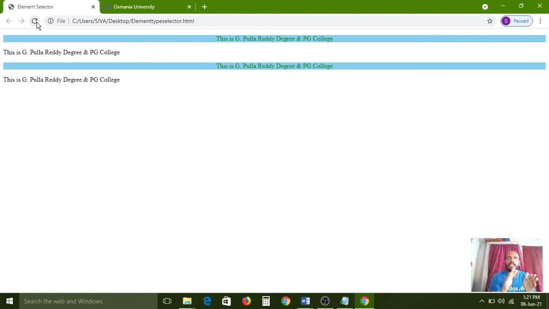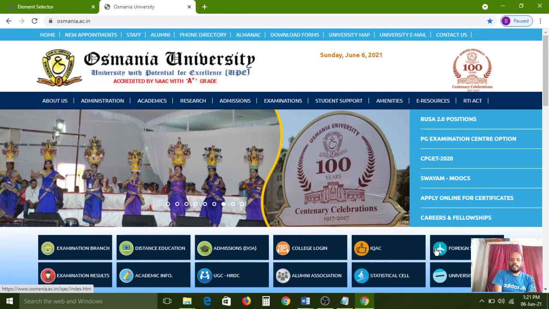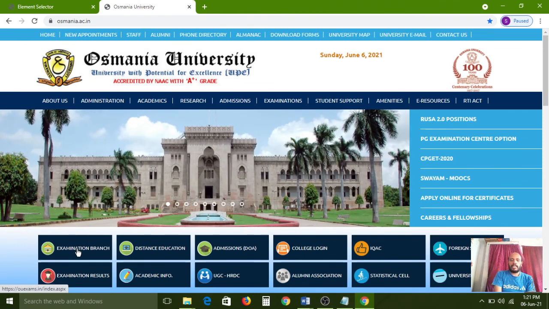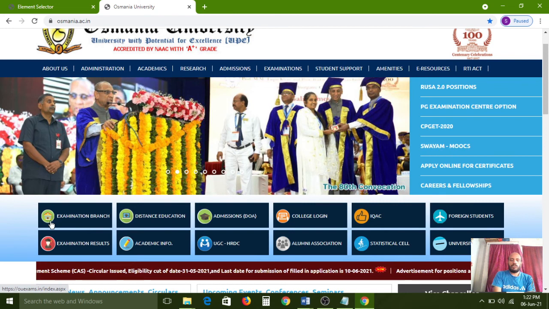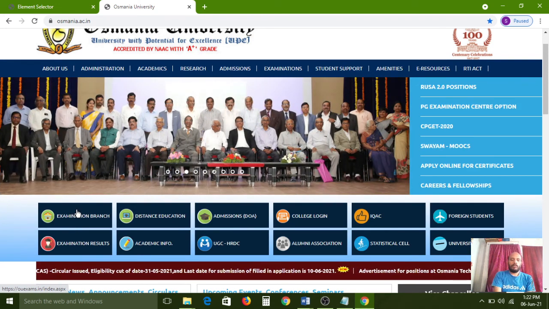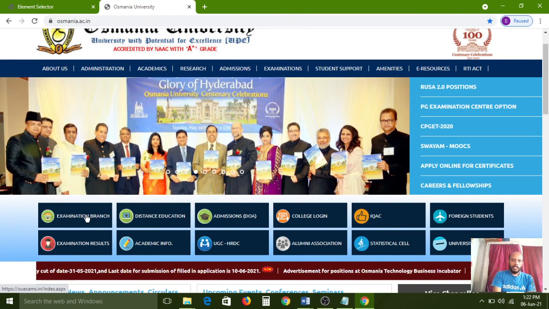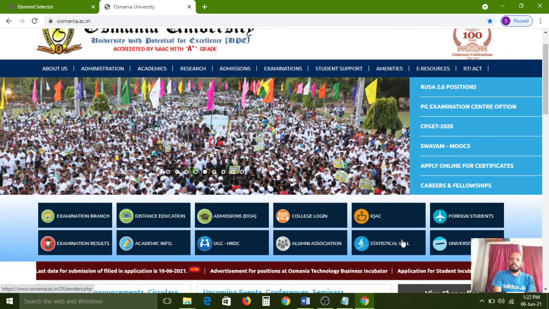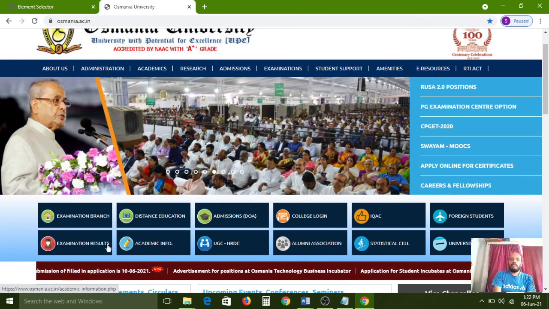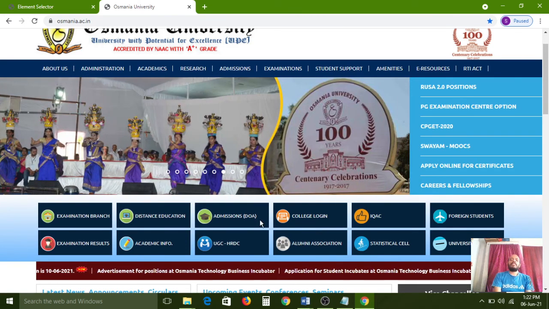But by using the class attribute, take the menus for example, they are maintained the same. This is possible only with the class attribute, because the same background color is applied, the text color is the same, the icon color is the same. The icon color is different, no problem, because those are images. The background color is thick blue, the text color is white, the font is also the same, universally maintained. So all these properties are written once, but applied to different tags, different boxes, with the class attribute. The code is written one time, but used many times.